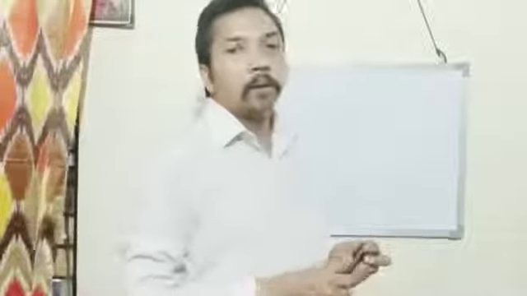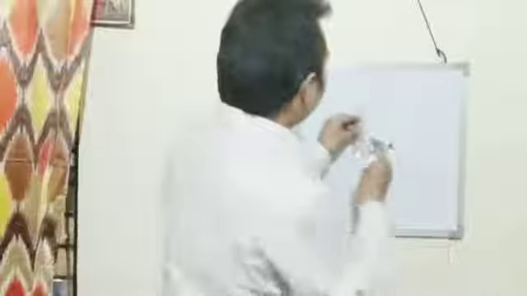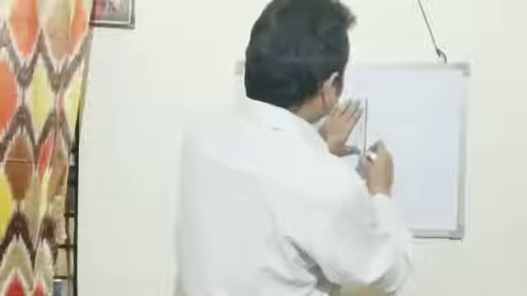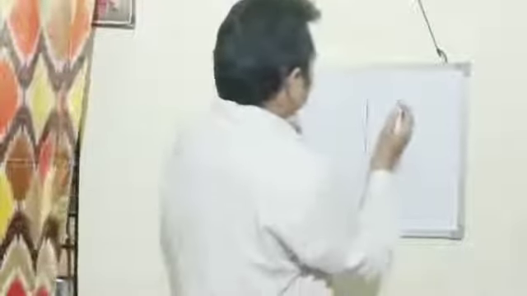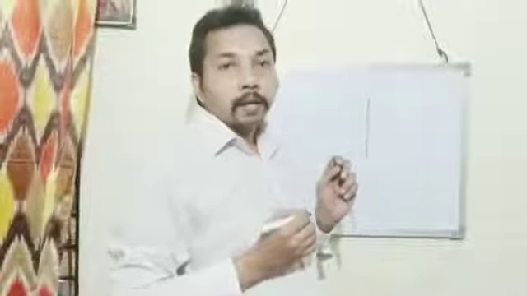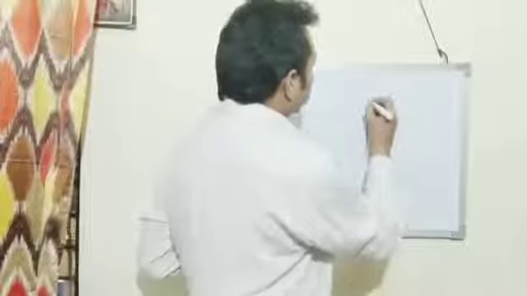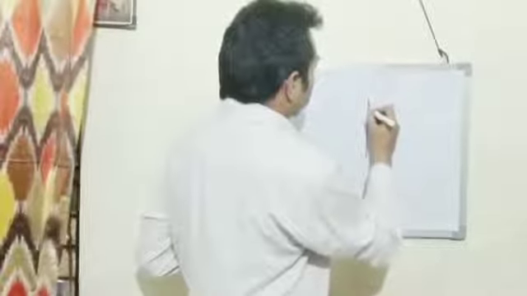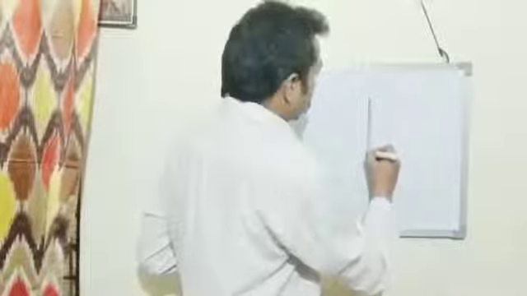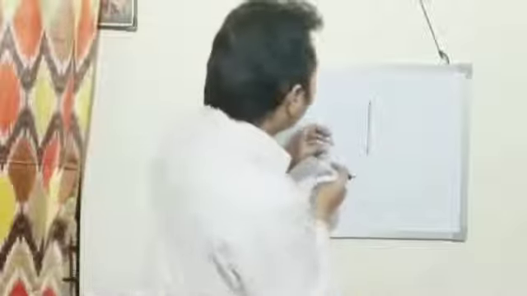So first of all, we draw the plane mirror. This straight line is a plane mirror. Then, in order to show the silvered surface, we draw a zigzag line this way. So this shows that this surface is silvered. Now we keep an extended object.